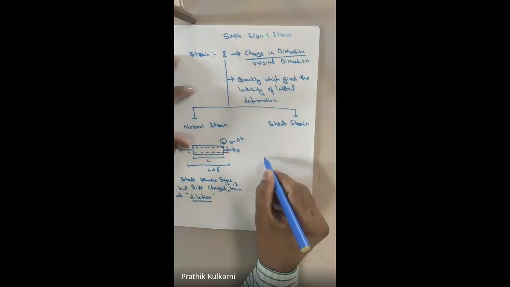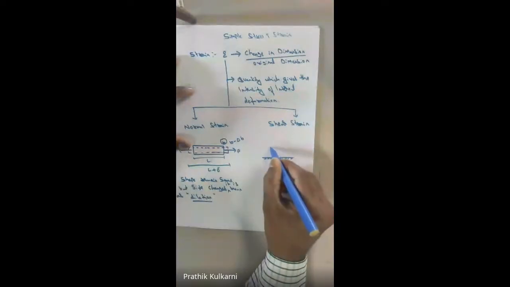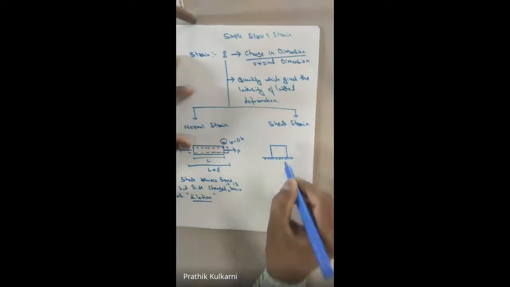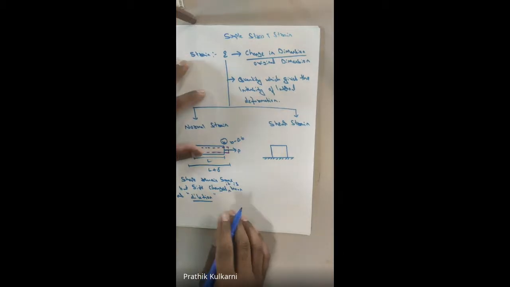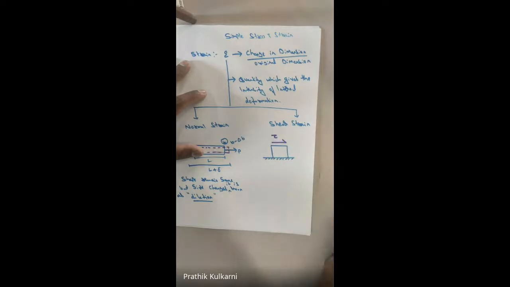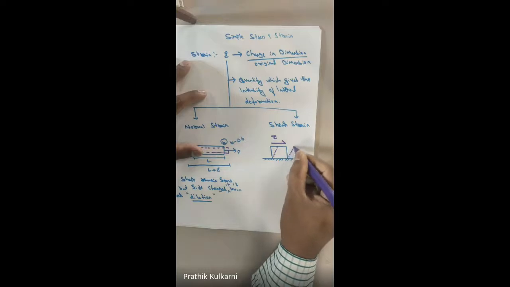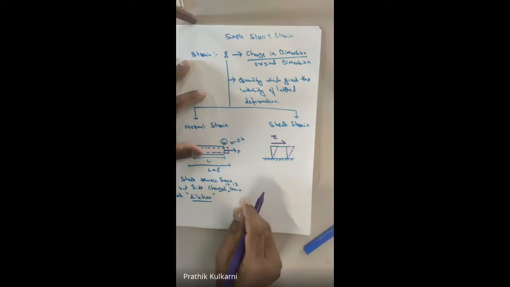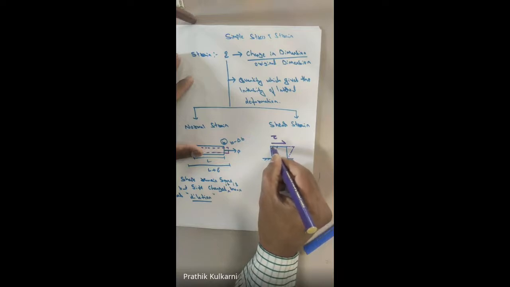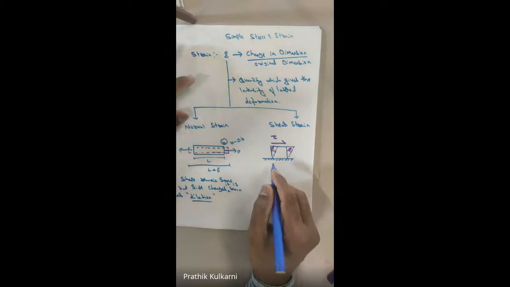We will go with our shear. As you know that this is a member which is fixed to a ground or something you can take, and when a shear tau has been applied on this one, what happens to this member? Can anyone tell? Slowly, what happens? It deflects like this. Yes or no? So the deflection you can see here, this is known as phi. So the shear strain is denoted as phi.